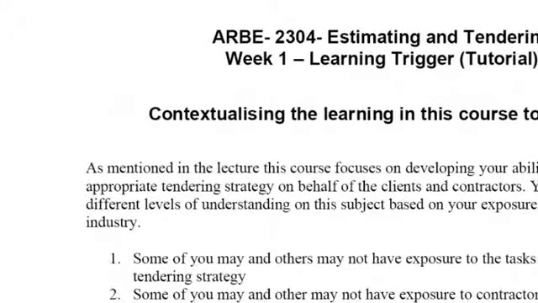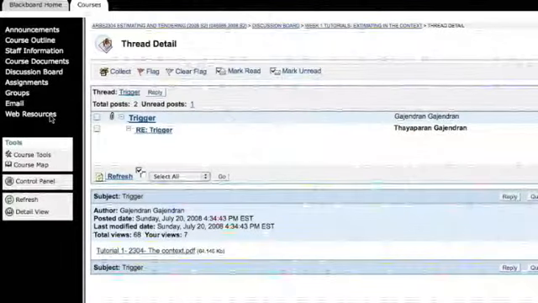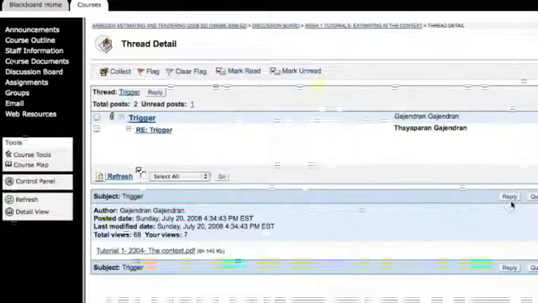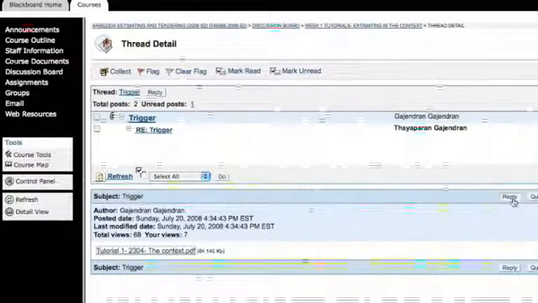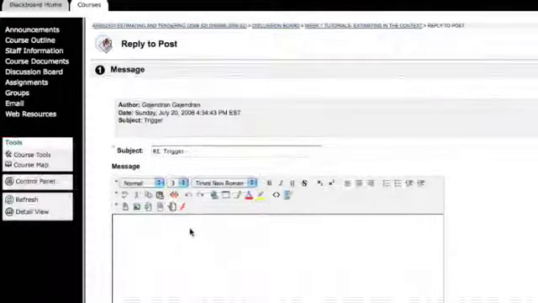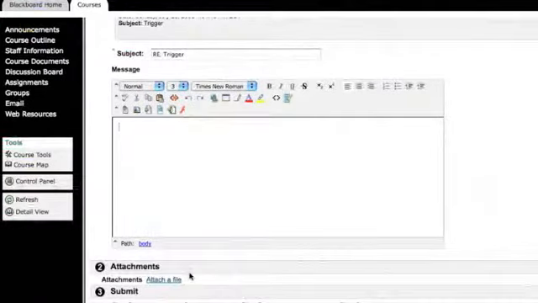So you read the trigger and respond to it by clicking the reply button, and you put your answer in a text format here, or you can upload it with a file through attaching it with this link. If you are a high-end computer user, some of you may be, you can use inbuilt